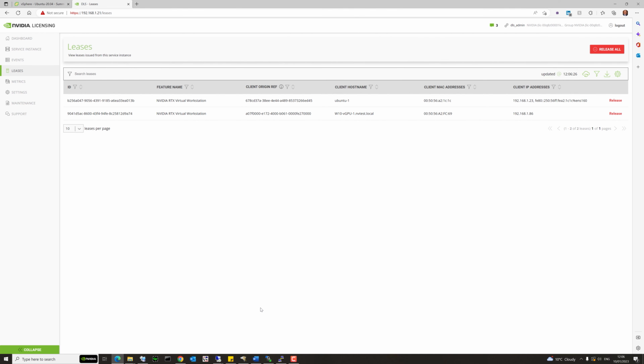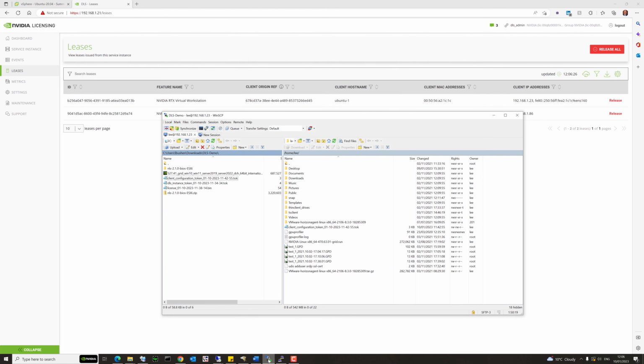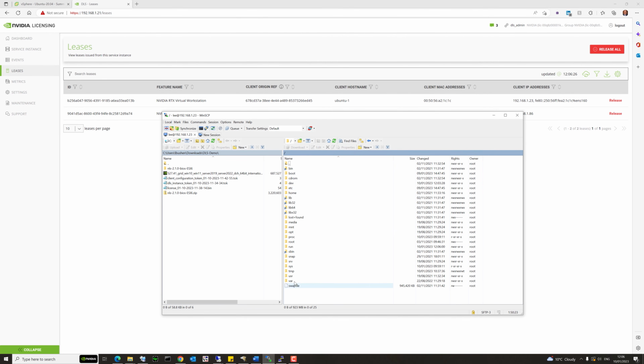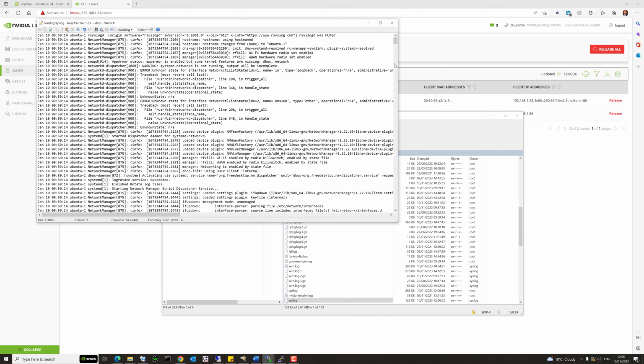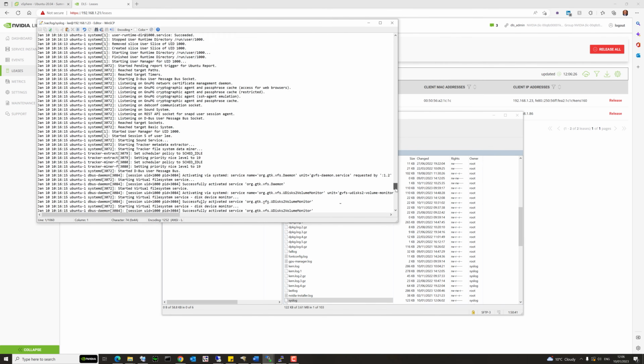Now, one other thing that we can do in the same way as with Windows, we can actually go in and look at the log file just to make sure that that license has worked correctly. It's under /var/log in this particular operating system. So /var/log, and it's called syslog. Okay, so if we go to the syslog file, we'll actually see in here down the bottom we should see some